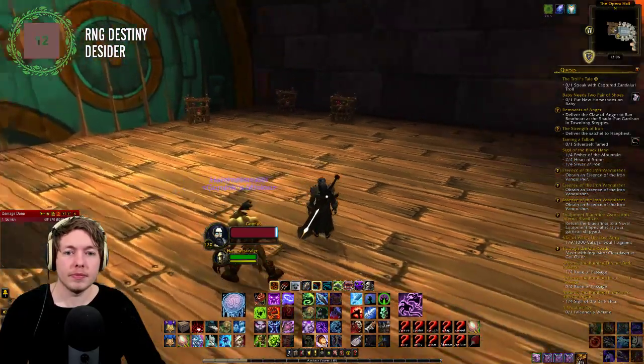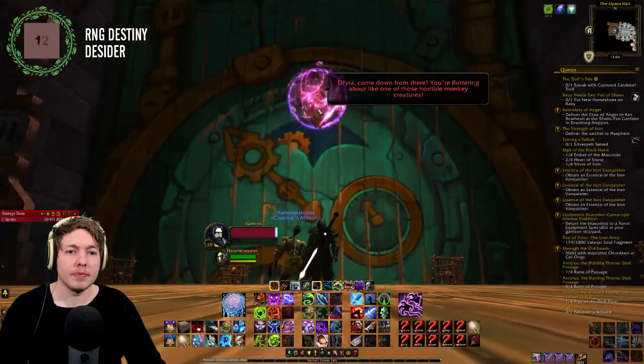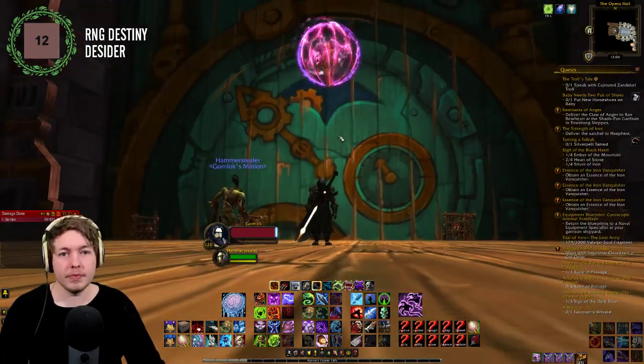Elvira, come down from there. You're fluttering about like one of those horrible monkey creatures. We all deserve a chance to fly. Hey, do you really think the wizard will...